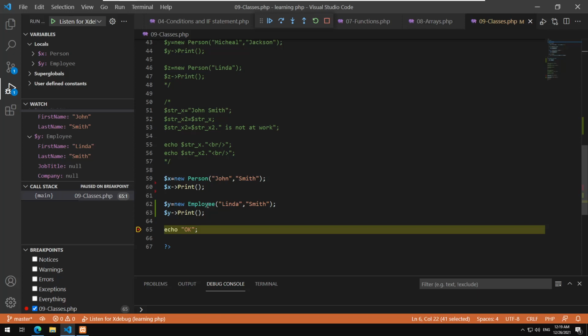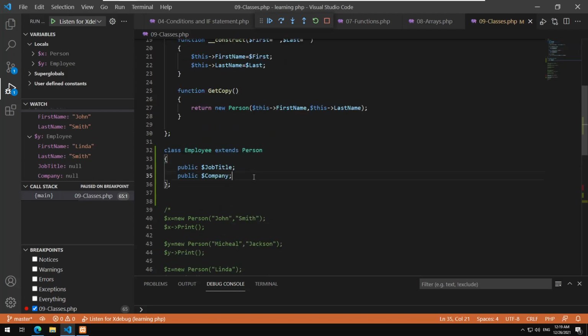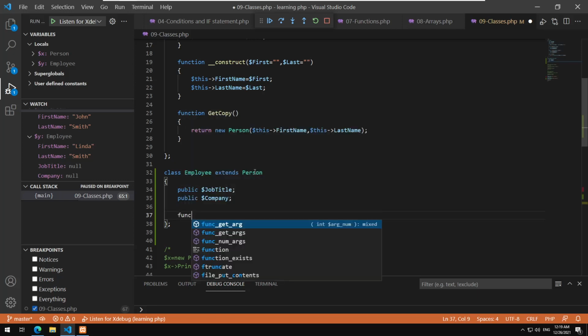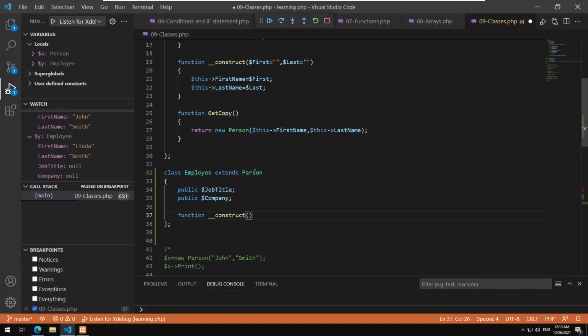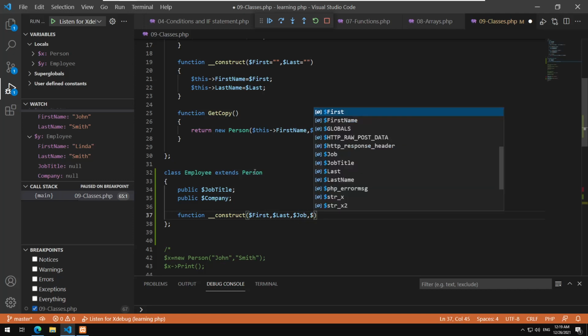Should I fill them manually, or could I create a constructor for them? Well, things are very straightforward. I could create a constructor for them. So let's go and do this. I will say function underscore construct, and I will use first and last, and then I have job, and